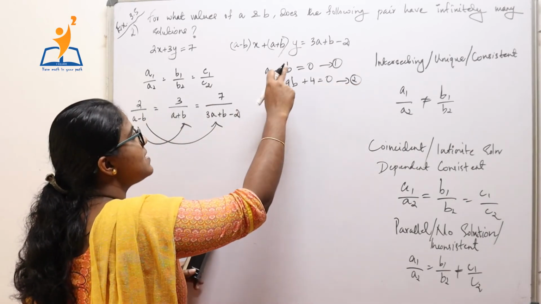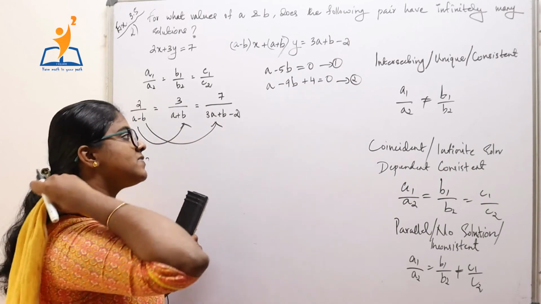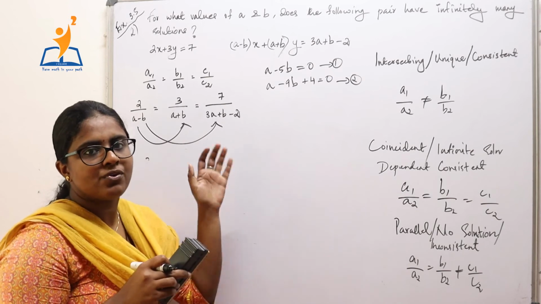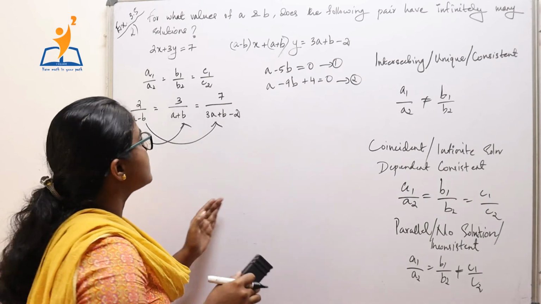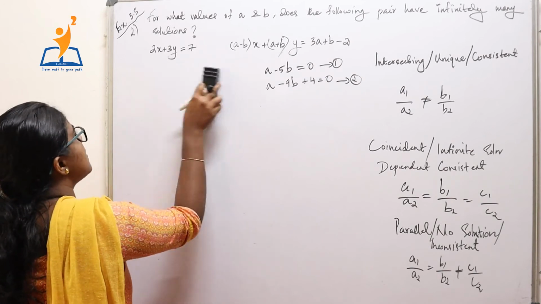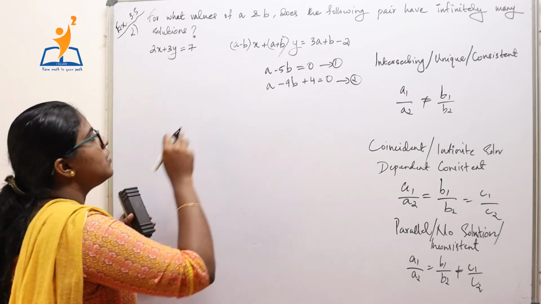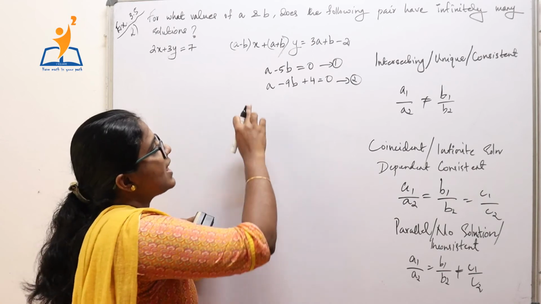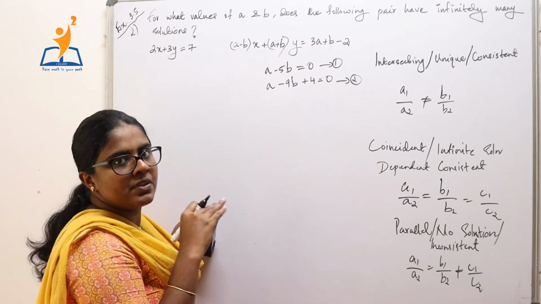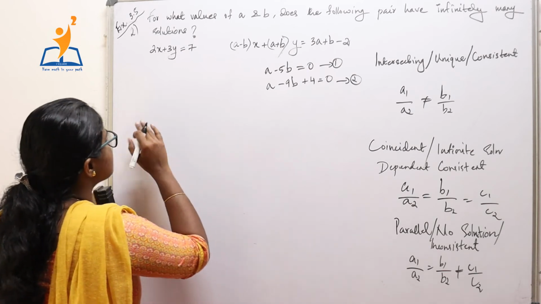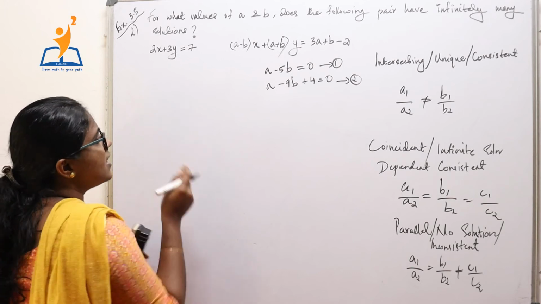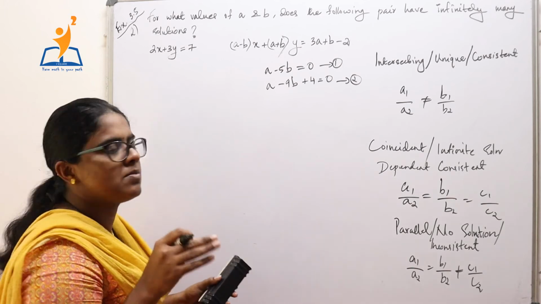Here we have variables a and b. By solving this pair of linear equations in two variables, we will get the values for a and b. We can solve that pair of linear equations by the cross multiplication method. If we look into these equations, it is easy to solve them through the elimination method, but in this question we will solve it by the cross multiplication method to understand it more clearly.